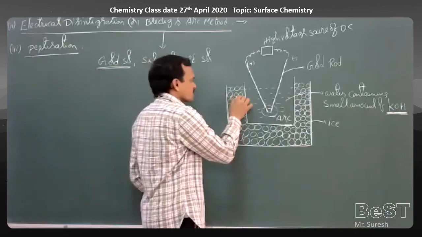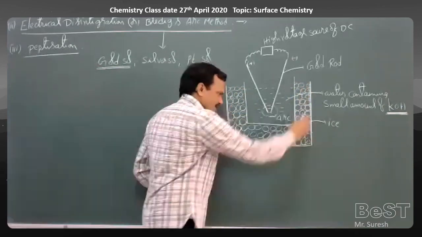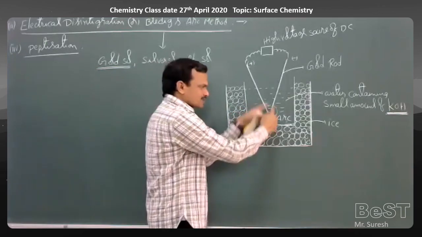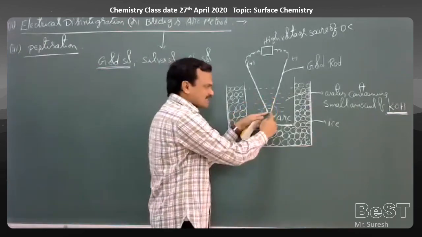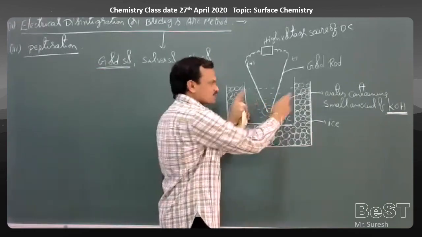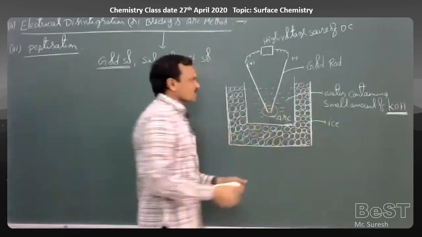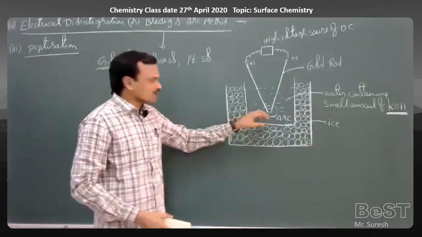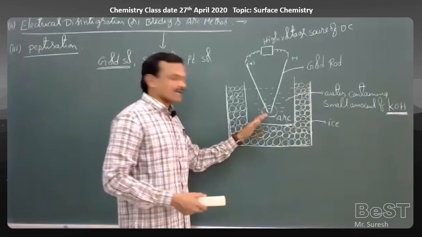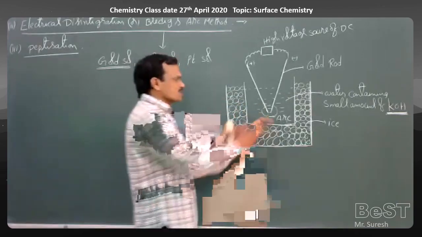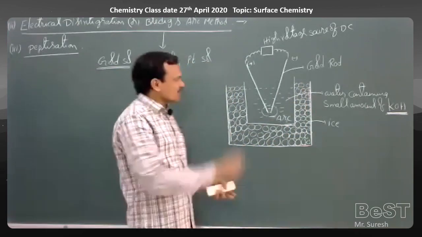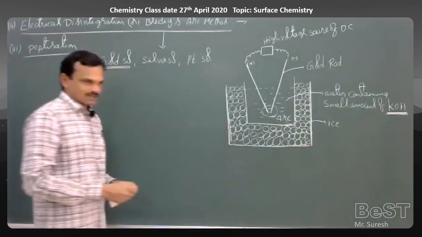And why should we keep ice cubes here? What is the role of these ice cubes? Gold atoms get vaporized and the heat is absorbed by the water, and that heat from the water is absorbed by these ice cubes and the solution is kept cool. That means the vaporized gold atoms undergo condensation readily by losing heat to the surrounding water as well as to ice cubes. Then we can get colloidal sized particles.